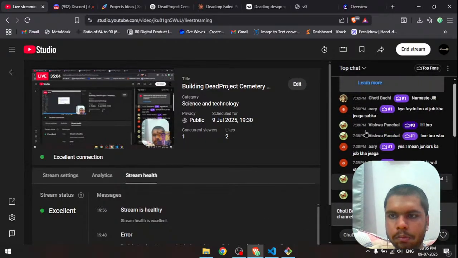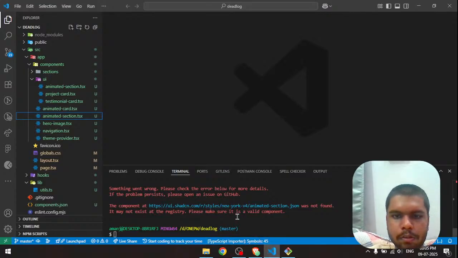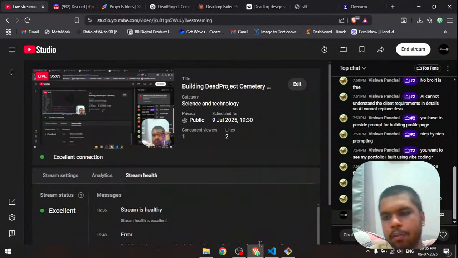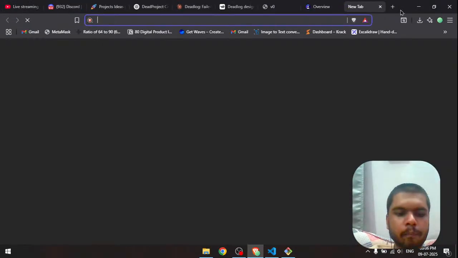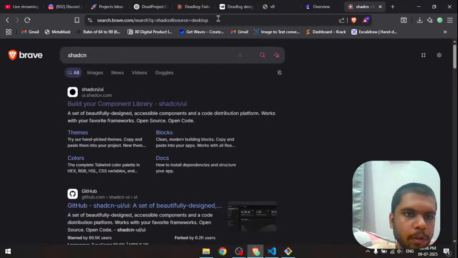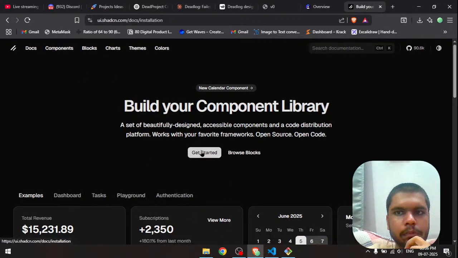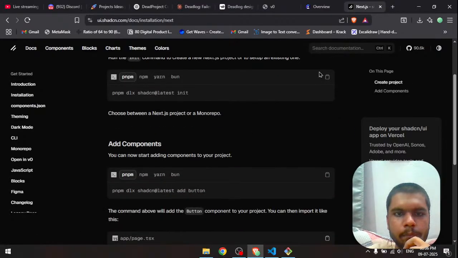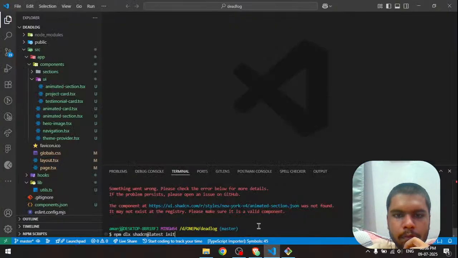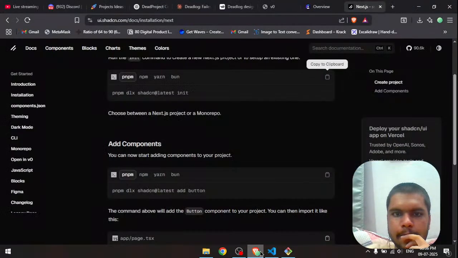Okay, this works. Now what we have to do is first initialize shadcn. So I will go to shadcn and import all of the components that we are using. So I will go to get started, Next.js, and I will copy this. So this will initialize it, and then afterward,